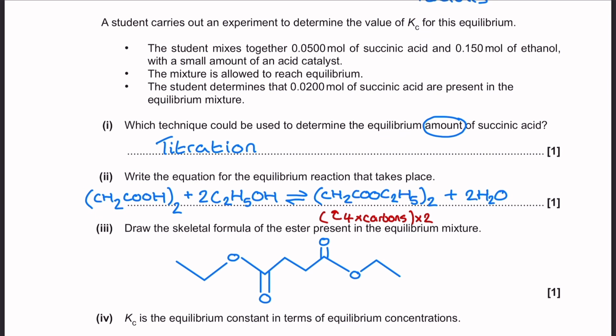This bit's tricky, and I've given some extra labels to this to help you out. Draw the skeletal formula, had to be skeletal, of the ester present in the equilibrium mixture. So that's this bad boy over here. Each half of the molecule, because notice it's got a 2 here, so this bit inside the brackets is just one half of the structure, contains 4 carbon atoms. So it's 8 carbon atoms in total. So I'm going through here, counting 1, 2, 3, 4, 5, 6, 7, 8, all the way through there,